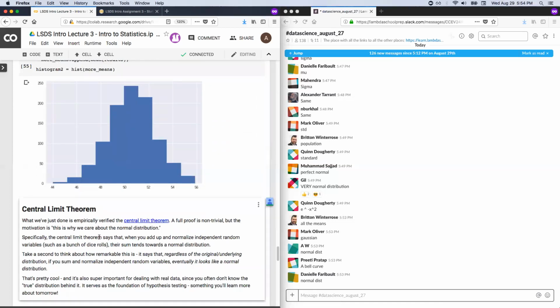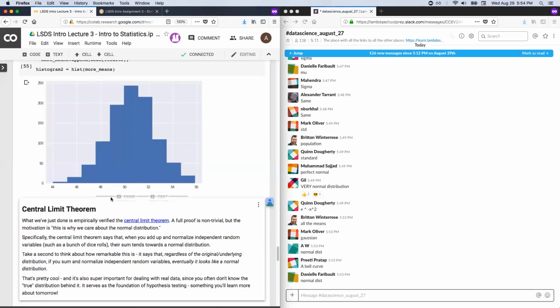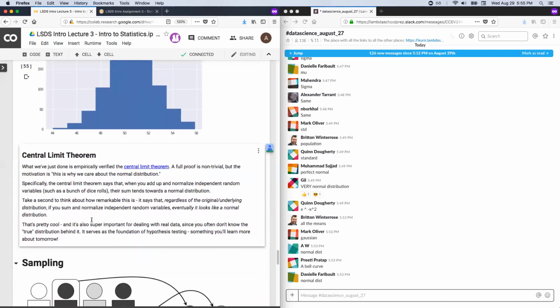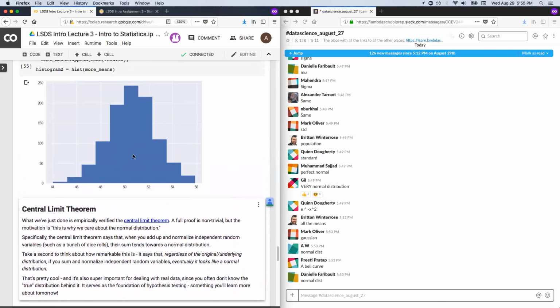The real world isn't always that nice. But when you have those conditions, things just become normal. And that's really cool. And it's not just for dice. It's even for, remember our friend, the dog sniffing distribution? Yeah, the central limit theorem can work there too. And you can actually get a normal distribution from any old thing and use that for hypothesis testing and other cool topics that we will talk about more in later days and of course in the full course. But any questions on this? This is one of the coolest results of statistics, so I'll leave it up just to stare at it for a moment.